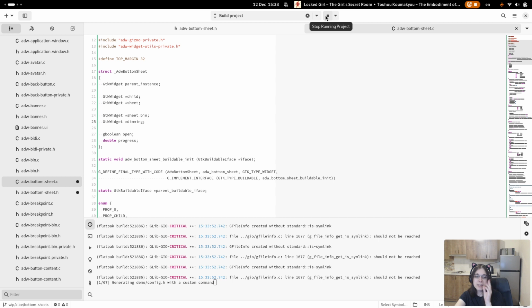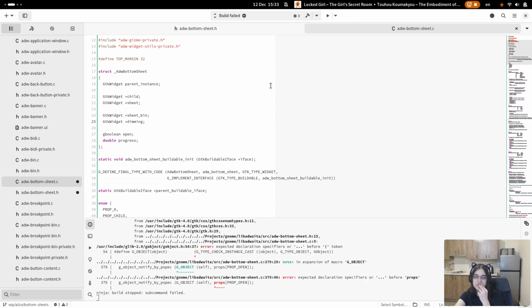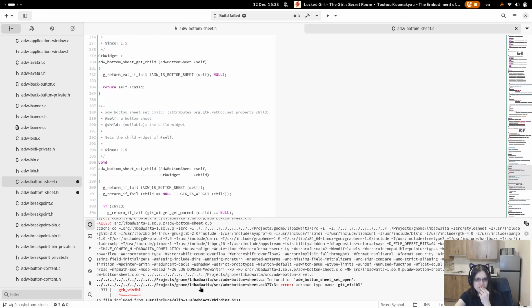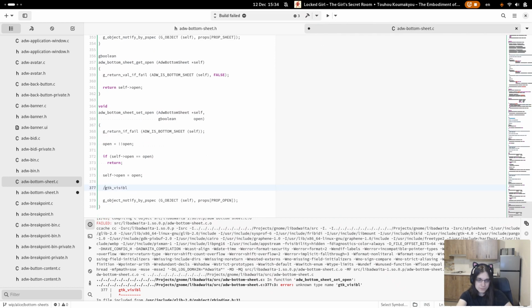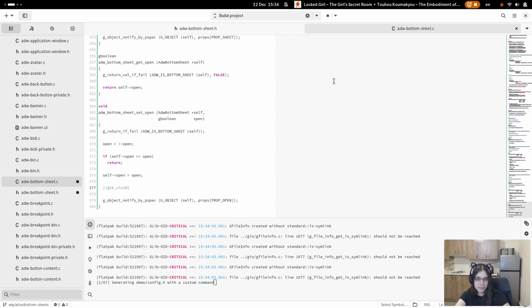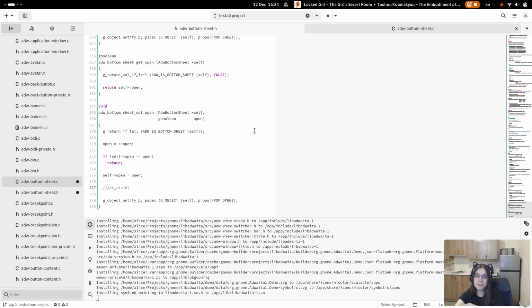It's basically the same kind of dimming as we have in navigation view or overlay split view.